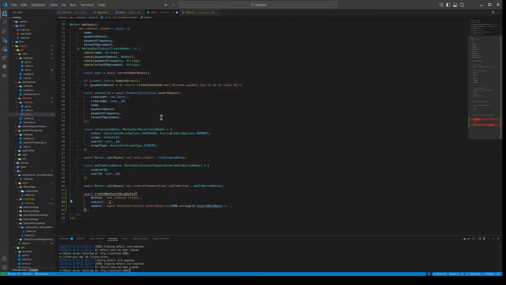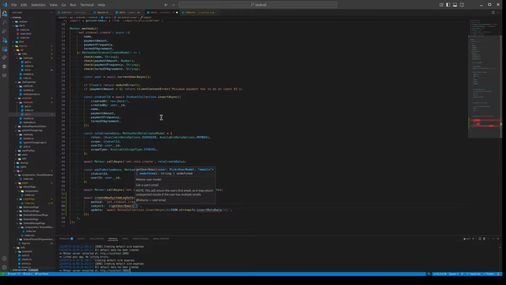Yeah. Get user email, or actually in case they change their email, you just do that. User._id has created a new stock file, and here we can just say,